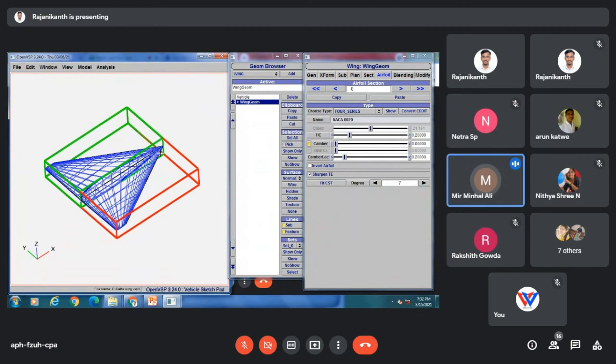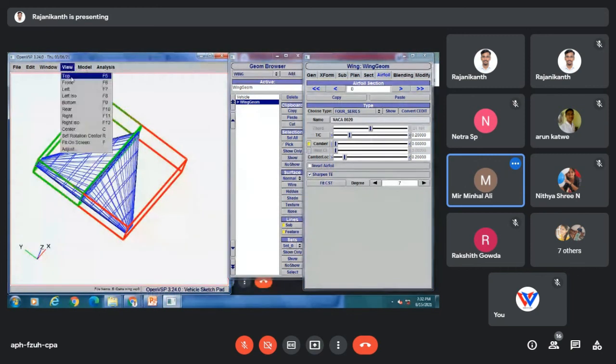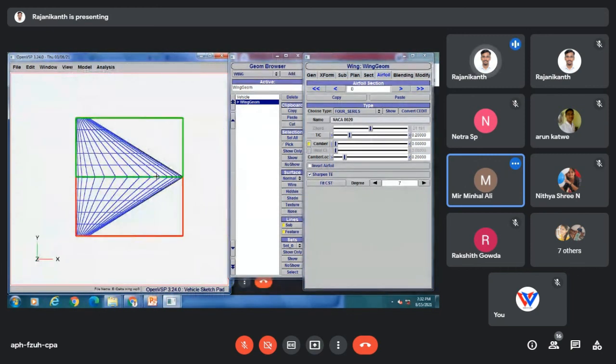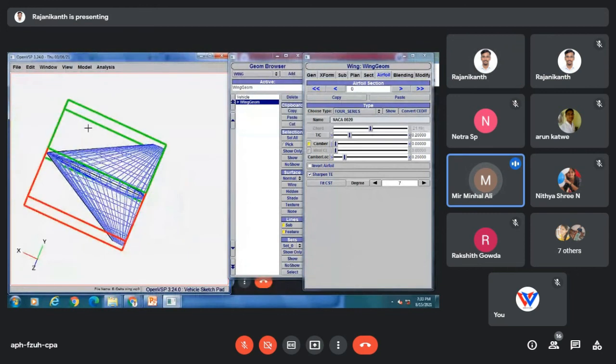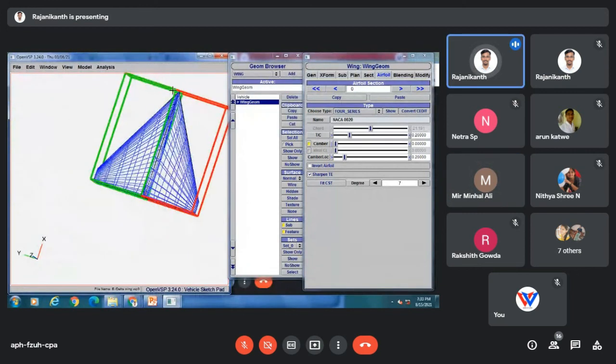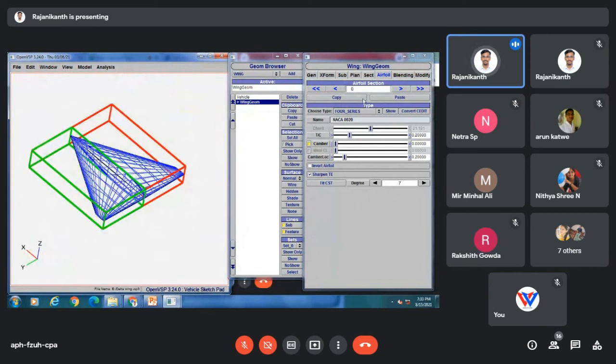Yes, sir, I know it's just a thin aerofoil, but it should be the other way around. The tip should come at the base of the triangle, right? The aerofoil should be from the point to the base. Yeah, that's right. But it's a rough model. That also can be done.